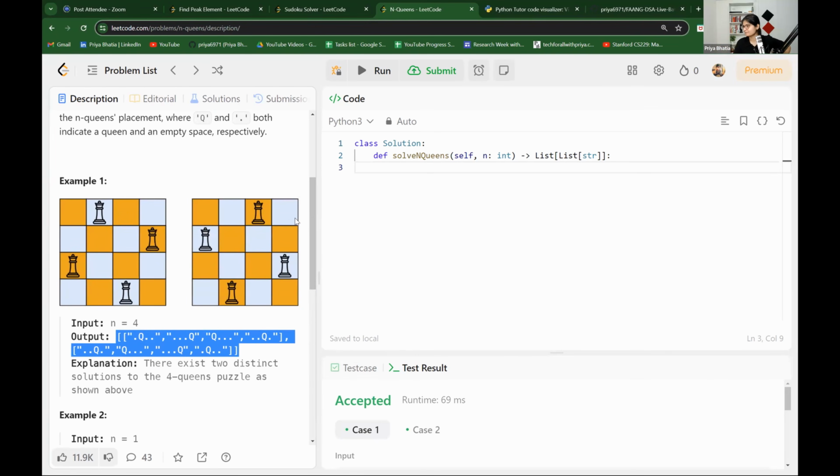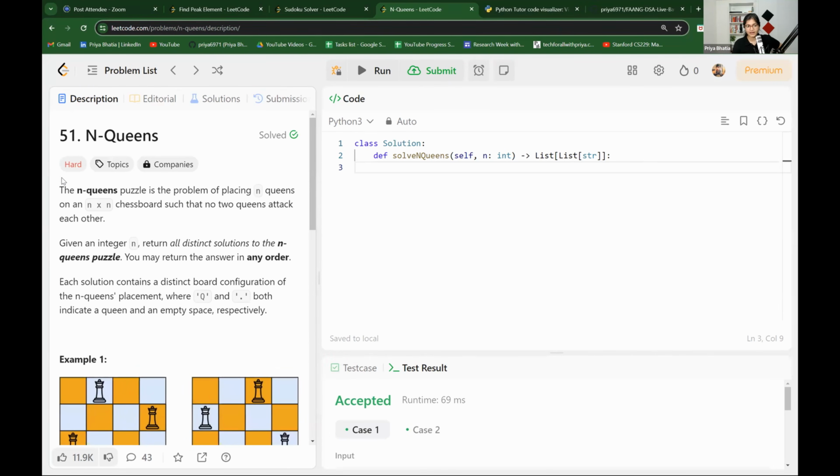Is that clear? What I'm trying to convey here? Any doubt on the problem statement, anyone? Again, if you will be able to observe, it's a hard level problem, very famous problem of n queens. You can refer to the codes, it's completely fine. But what I'm really looking for in the Monday's